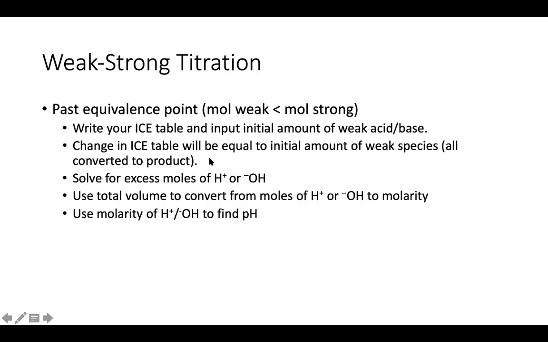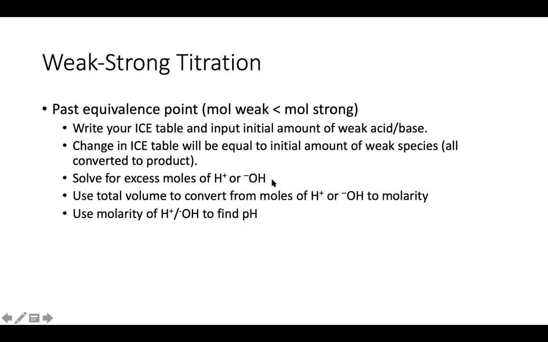And we produce that hydronium by converting all of our reactant into product. So what we do here is solve for our excess moles of H plus or OH minus. If we add 2 moles of hydroxide and we convert all of our reactant into product in our equilibrium for a weak base, and we can only produce 1.5 moles of hydronium,